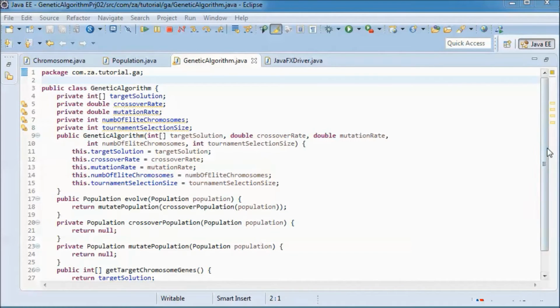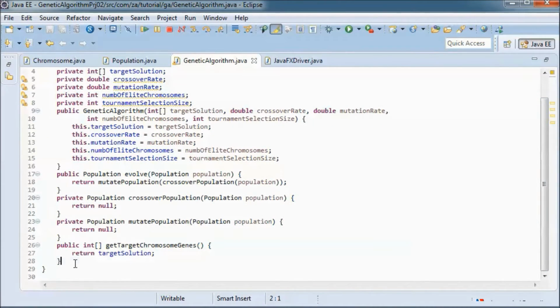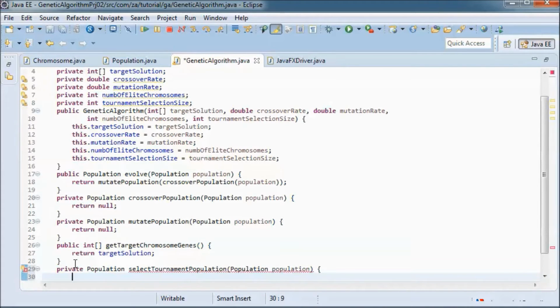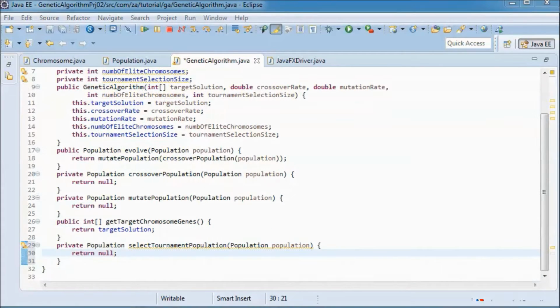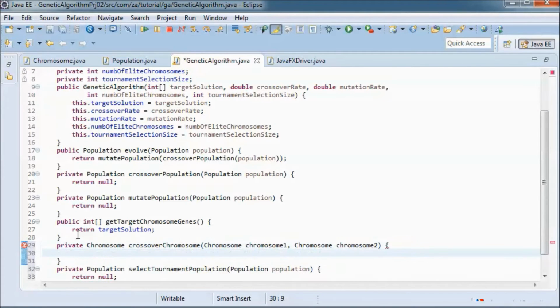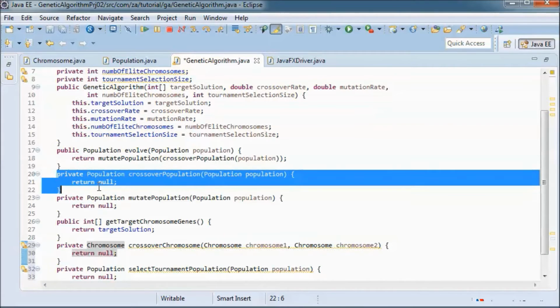And we will be using tournament selection to select chromosomes for crossover. Let's return null for now, and I will have this crossover chromosome method that will be called in a loop from the crossover population.